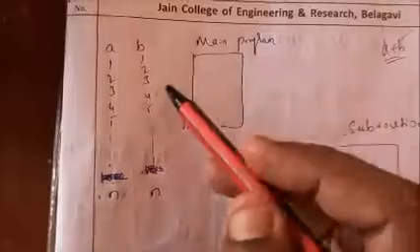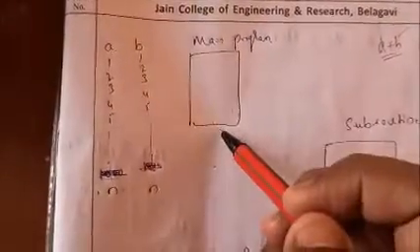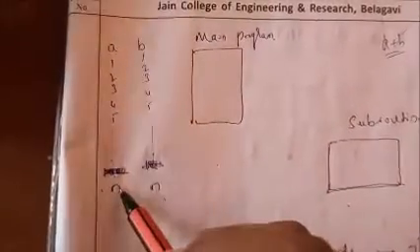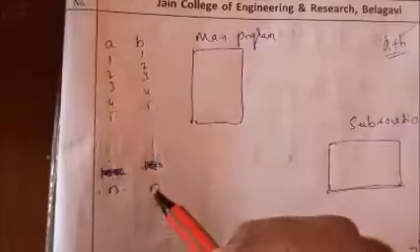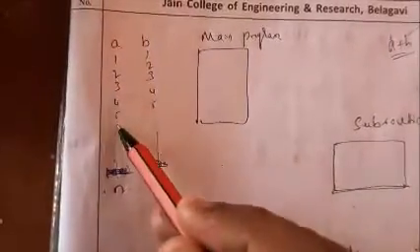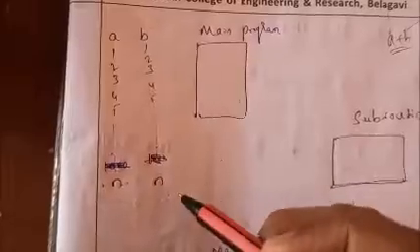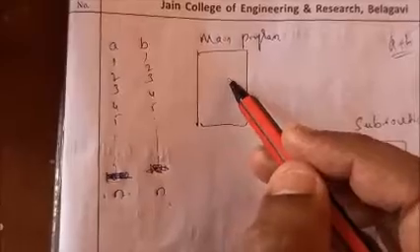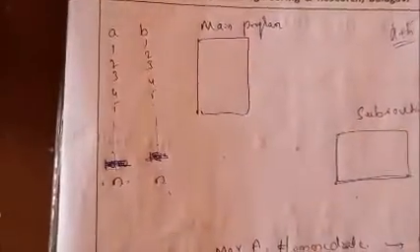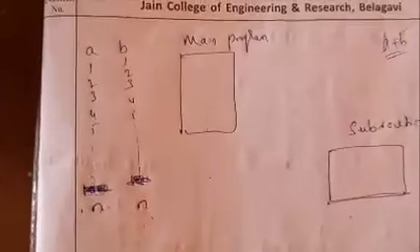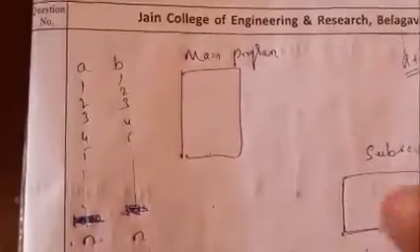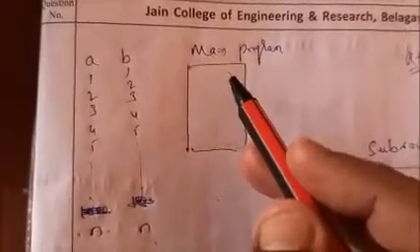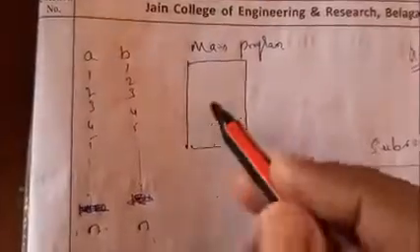If I want to perform this addition between these two numbers in the main program only, I can write it such that A has 2000 values and B also has 2000 values, that is 1, 2, 3, 5, 6 up to 2000, and here also 2000. In the main program, I simply write A plus B, A plus B, A plus B, 2000 times. That is also a correct way; I am not saying it is wrong. But if you write A plus B up to 2000 times, you unnecessarily increase the program's lines.